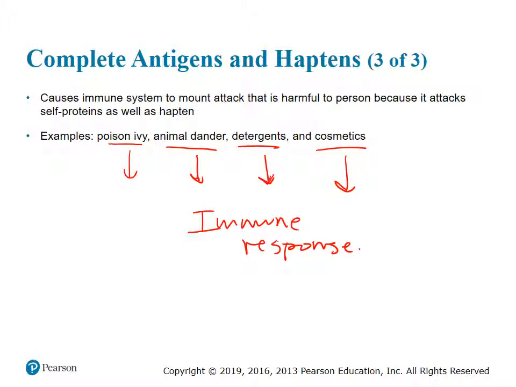Okay, so sometimes we talk about these being, for example, an allergy, or an allergic response, right, to some of these things. Basically what that means is it's an incomplete antigen attaching itself to the cells of our own body, and then causing that binding of those two separate molecules together, causing then an immune response where the immune system cells destroy the cells and then cause a further inflammation response, and this is what you see as an